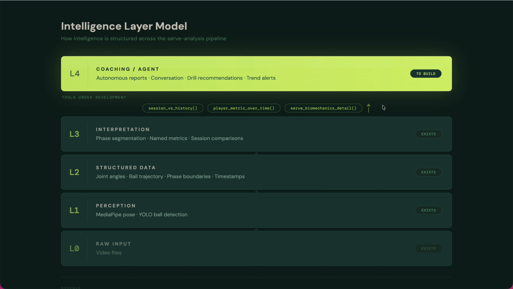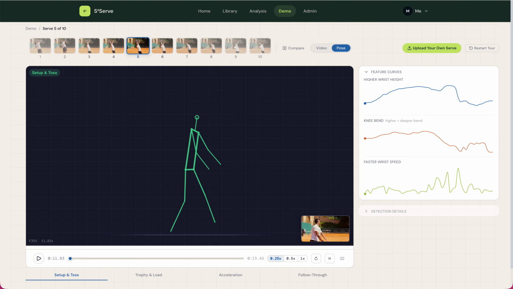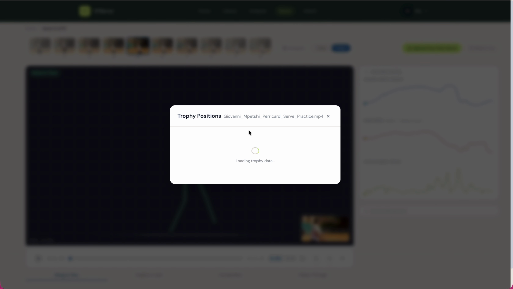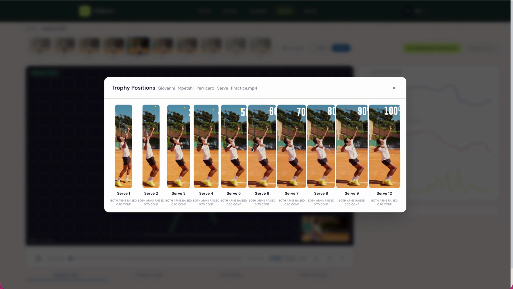We'll have another tool that would extract and get, I mean, we technically already have the tool, but we're going to have another tool that would extract and get the frames where you have your trophy position, or detect the frames where your ball toss was the highest. And to give you an insight into how this has been done, not the LLM step, but how some of this has been done, is that we are now able to, for any video, compare. Right now it's only the trophy position, but we can compare what the trophy positions look like. This is just a function that would be wrapped as a tool for our LLM to be able to connect to.